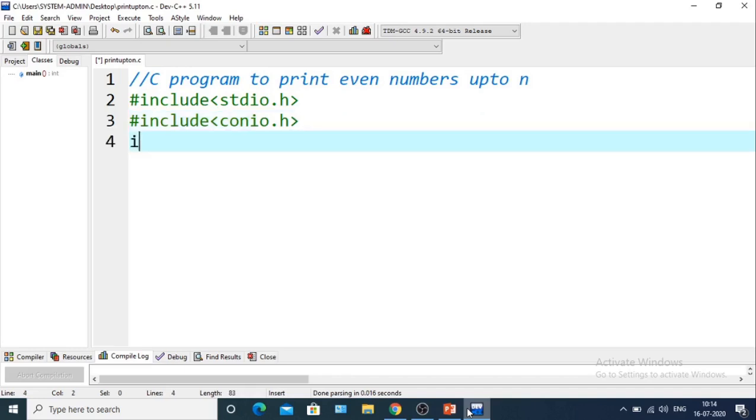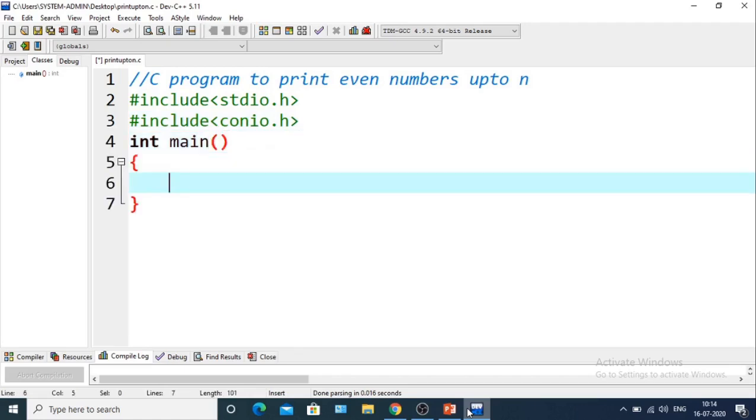Next we will take int main. This is basically the main function. Every C program must contain an int main. All the code will be executed from this main function. So we'll take the variables int n, then i.